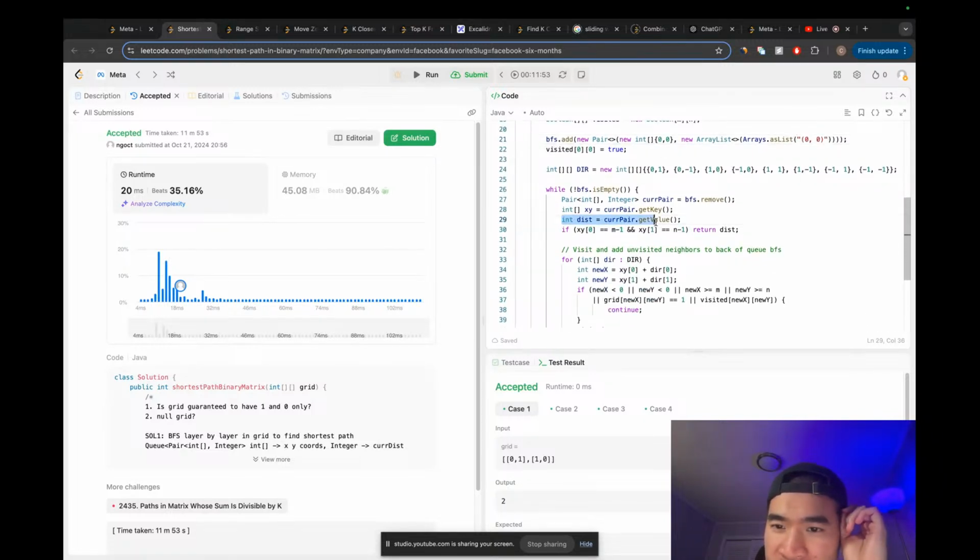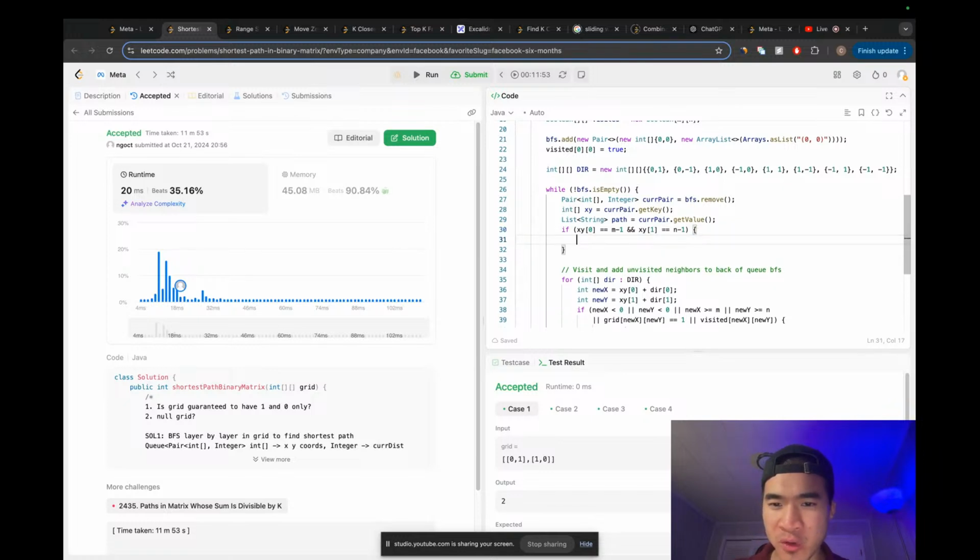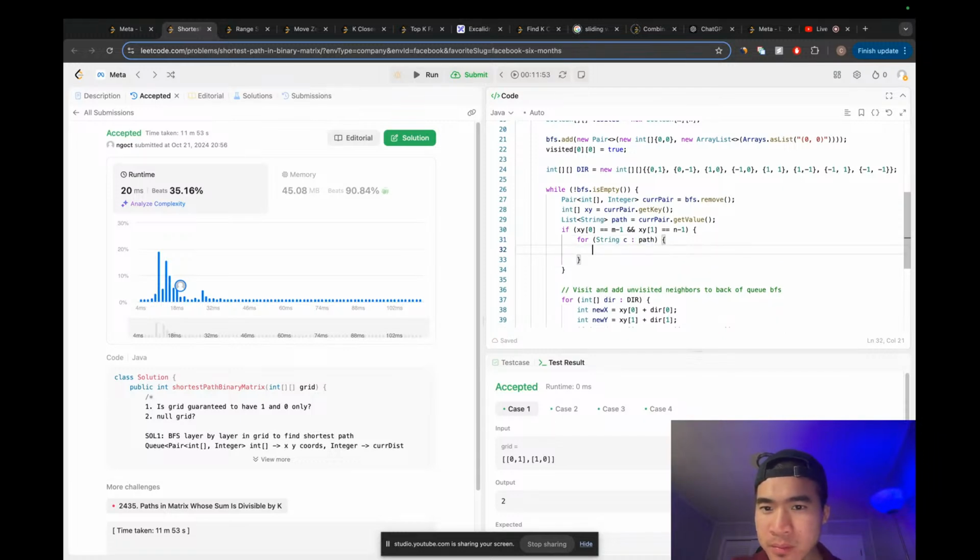We don't do the distance here. We do a list of string, call it path, is a current pair get value. Okay, so if we found the current path, then we do a for string coordinate in path. We basically system out print C plus a space, because the follow-up or the variation would be just to print